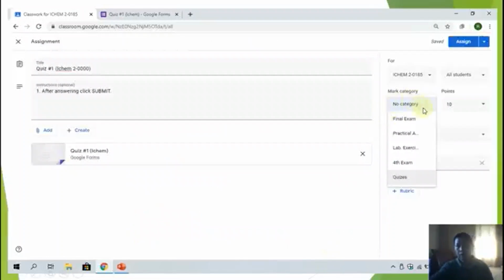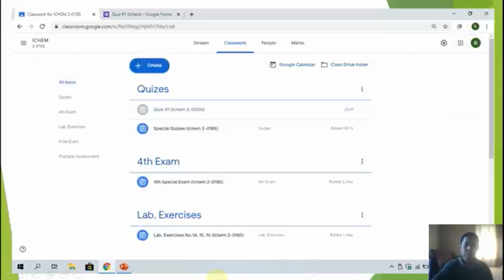By the way, you also click here the arrow like this, and for example this one is quiz, you click quiz. Later I will show you how to do this if there is no entry here. So here you can add also 10 points, 10 items or 10 points if you want, because if you click this one, it will automatically update here. But for sure you can also manually put here how many items or points.